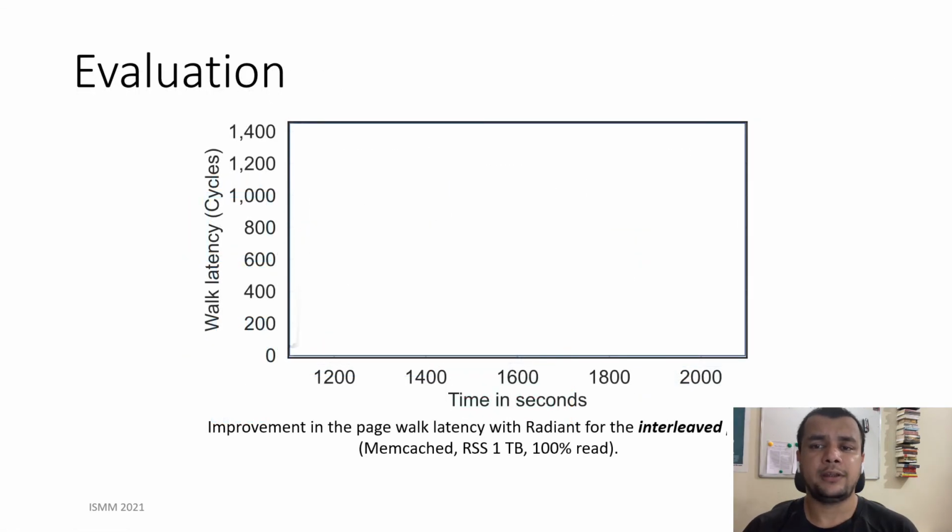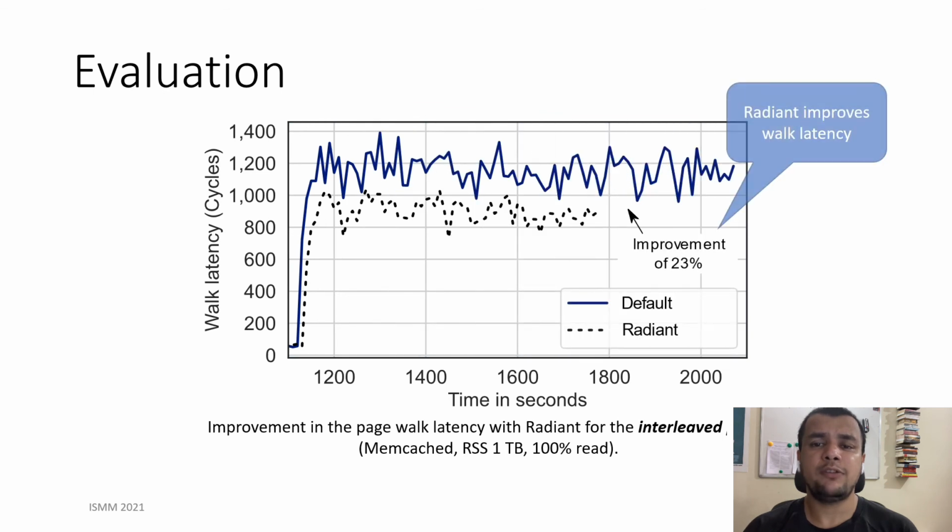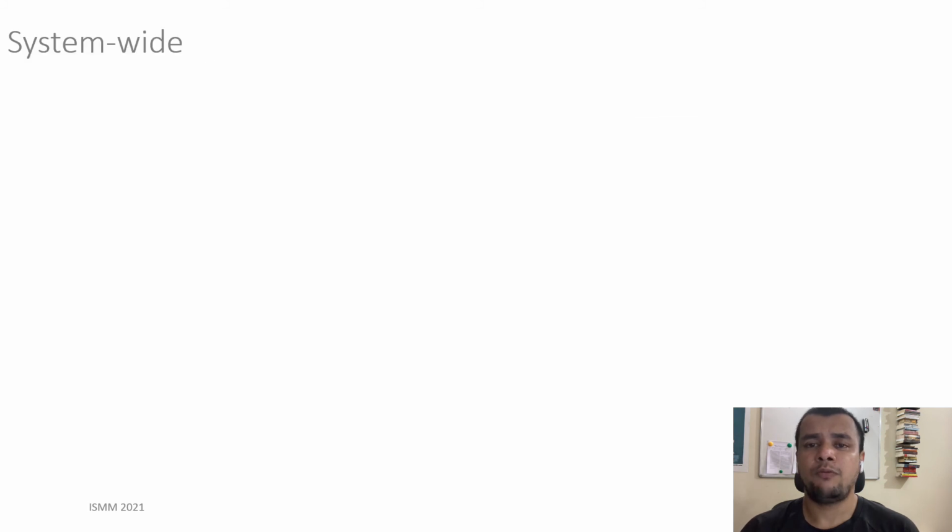In the case of bind high, where we pin or bind the high levels of a page table in DRAM, it improves the walk latency by 23%. This is mainly because now during a page table walk, 75% of page table accesses are guaranteed to be from DRAM, irrespective of the data page allocation policy selected. When we enable the migration along with the high-level page table pinning,